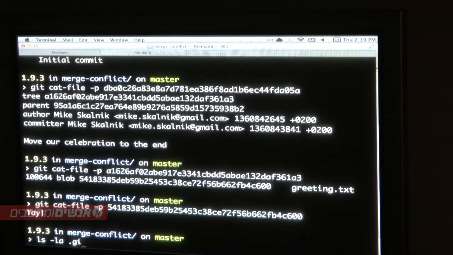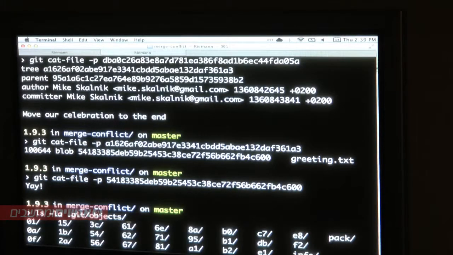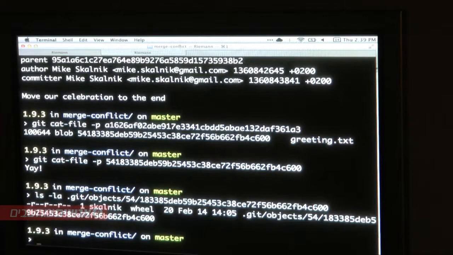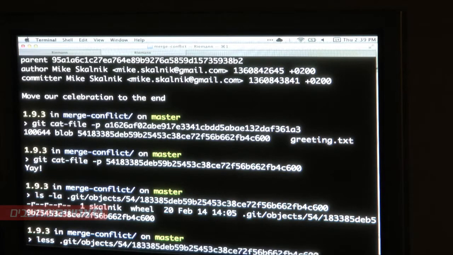Because if we actually look in here, what was that, 5.4? Yeah, so you can see just the few things we've done on this merge conflict directory, we've already generated quite a bit of stuff here. I guess we don't want that. We'd want less. 5.4, yeah. So yeah, you're right. It gets compressed, so it will uncompress it. I guess it stores it binary, so you save some space. But yeah, it'll read it back to us in a nice fashion, so we can actually use it pretty easily.